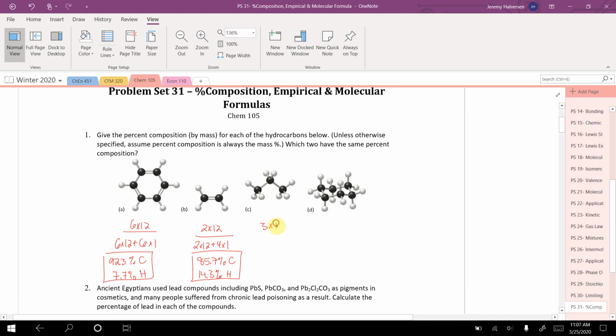Here we have 3 carbons divided by my total, which is 3 carbons plus 1, 2, 3, 4, 5, 6, 7, 8 hydrogens, which gives me 81.8%, which leaves me with